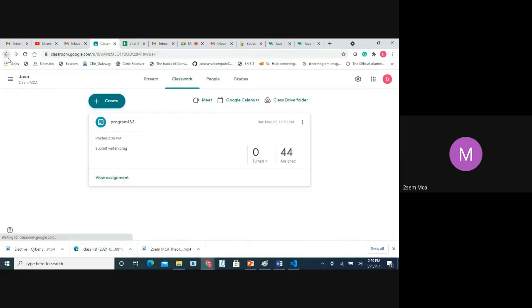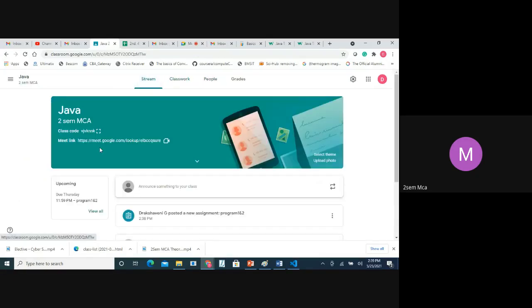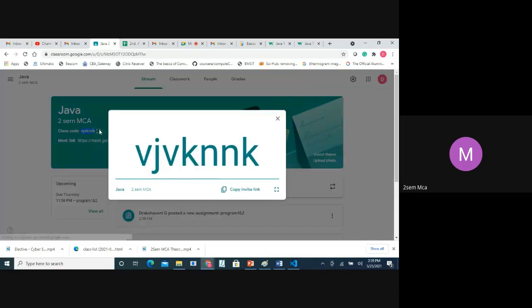I showed you the code, right? If you know the code, you can send them. You can just remember this code. I'll make it bigger size. So this is your code to send all your work related to Java. You can copy this VJ, VK, and NK. Copied? Yes, ma'am.